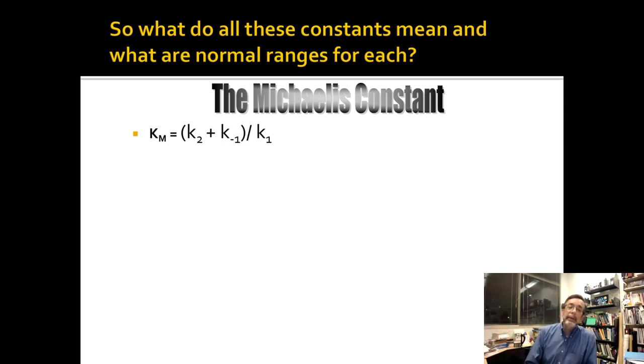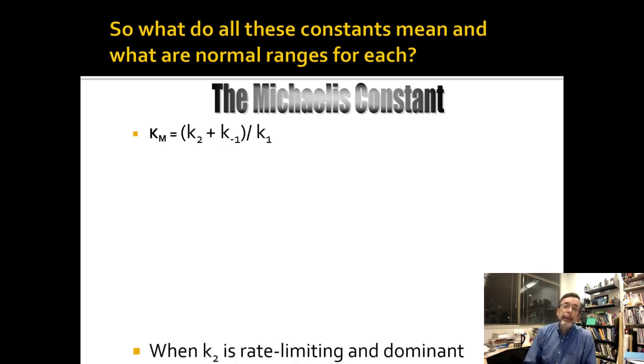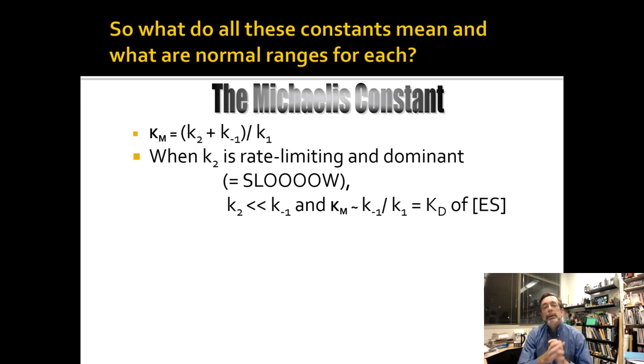In other words, it's the rates that are taking away from ES over the rate that is adding to ES. Notice how that actually looks like a dissociation constant. If you have the dissociation rate, K off over K on, you get the same thing for KD. So all that is to say, you can actually look at this and we can ask questions about